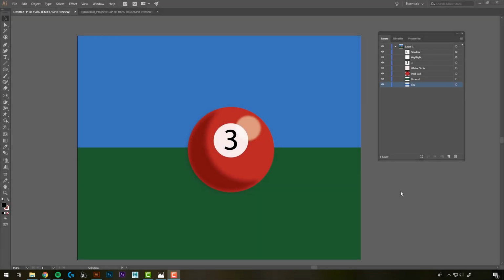Hi everyone, in this tutorial we're going to go over cast shadows and drop shadows. Alright, let's get started. Okay, so now that we have this nice 3D pool ball with its highlight and its